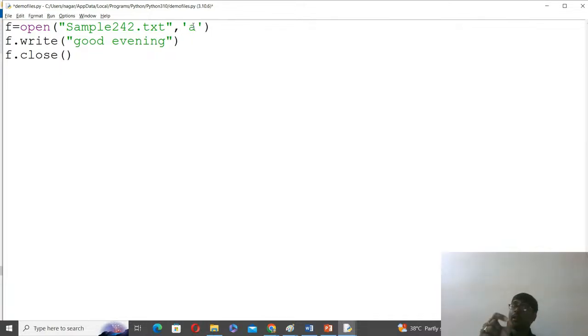For append mode also the method name is write only, don't forget. So sir, in read mode it is f.read, in write mode f.write, and in append mode f.append? No, for append mode also the method name is write only, f.write. Already that file consists of the good evening message, welcome to Python. I write this statement. Now run,